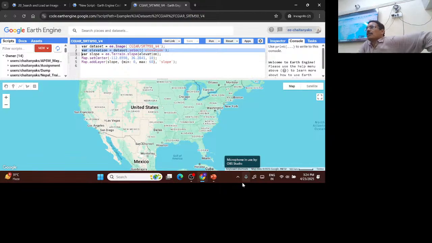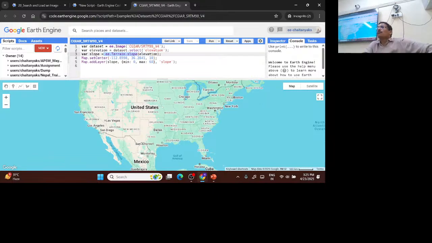suppose if there are multiple bands of Sentinel-2 or Landsat multispectral imagery, you can select red band, green band, and blue band, and choose only 3 bands and then generate a true color composite or false color composite. This was told to you yesterday, true color, false color, right? If you give NIR as red in false color, you can easily identify vegetation, bright red in color, right? So, and then there is one function